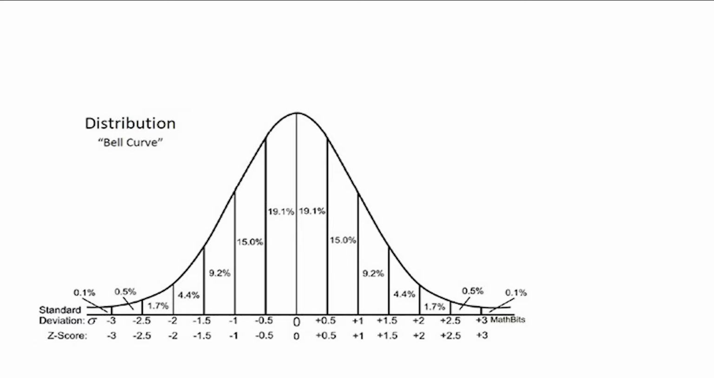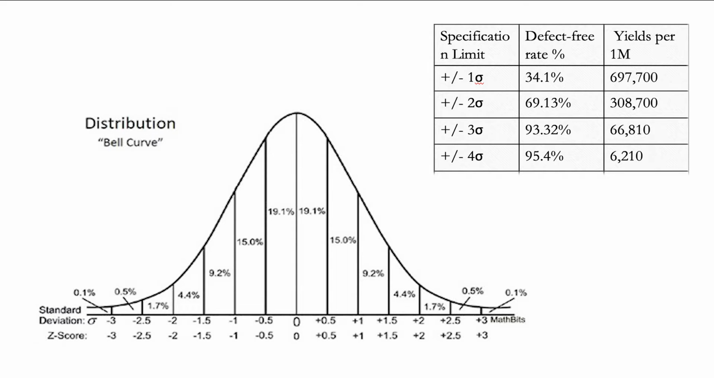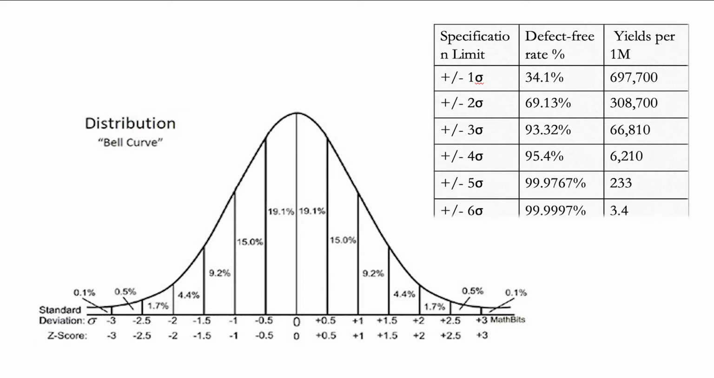Here on this slide, we can see that moving 1 standard deviation away from the mean value covers about 34.1% of the population data. Moving 1 standard deviation away from the center in each direction therefore covers twice as much, or 68.2% of the data. And 2 standard deviations in either direction covers 95.4% of the data. 6 standard deviations in either direction covers roughly